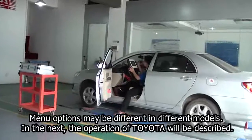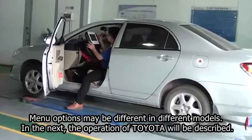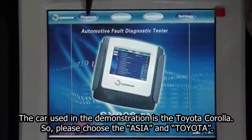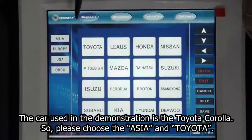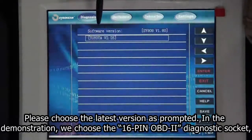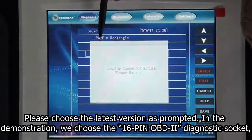Menu options may be different in different models. In the next, the operation of Toyota will be described. The car used in the demonstration is the Toyota Corolla, so please choose the Asia and Toyota. Please choose the latest version as prompted. In the demonstration, we choose the